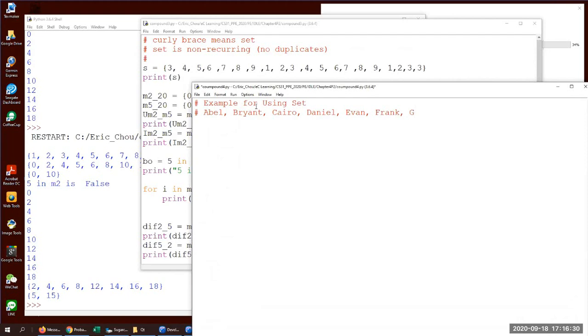G, George. Okay, let's assume that we have these 7 different people, okay? These are the 7 people we are talking about, okay? So we may have a set called rich, okay? So rich people,